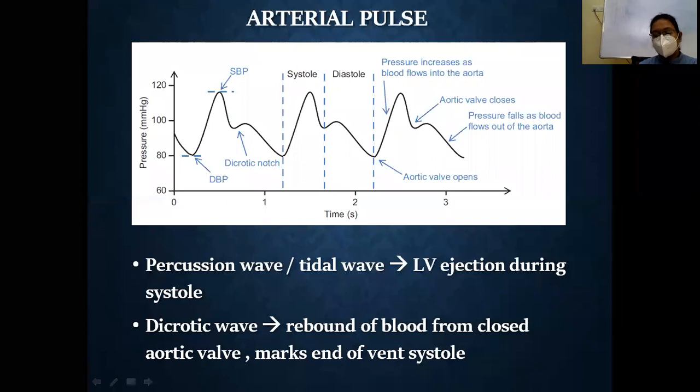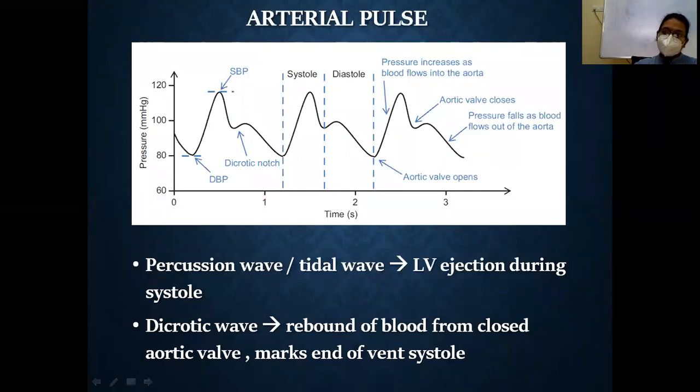So after a person walks for a particular distance, the pain would start in his muscles and he would sit down. Once he takes rest, the activity within the muscles reduces, the metabolic demand reduces, so the pain will also reduce. Then again he starts walking. This is a very classical example of intermittent claudication, which is present in peripheral vascular disease. So in such patients, assessment of peripheral arteries is very, very important.